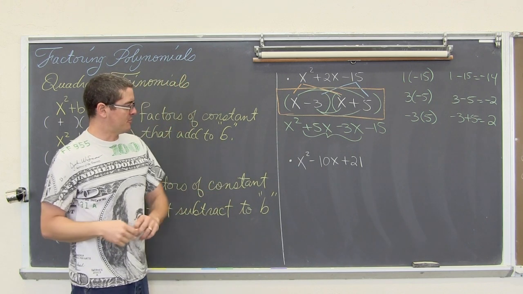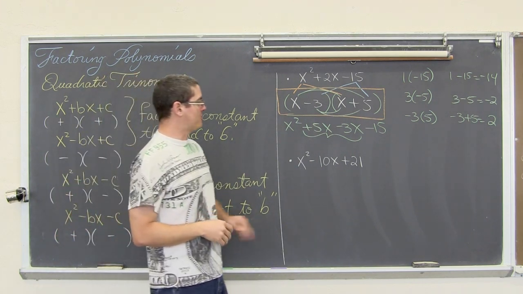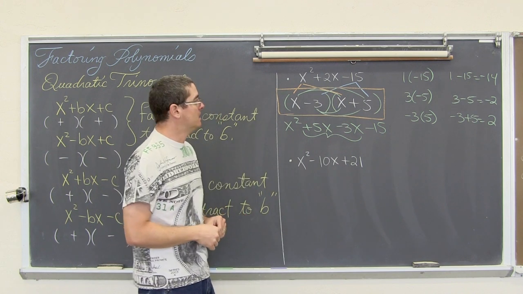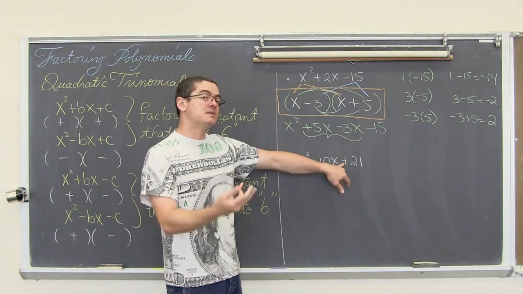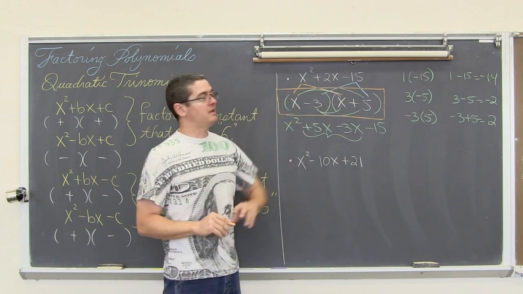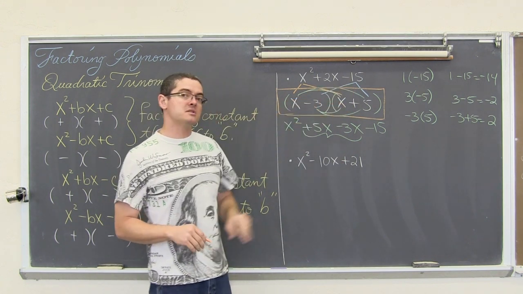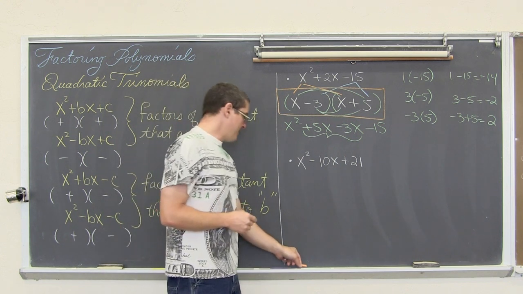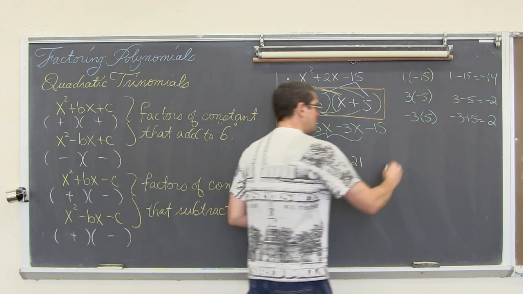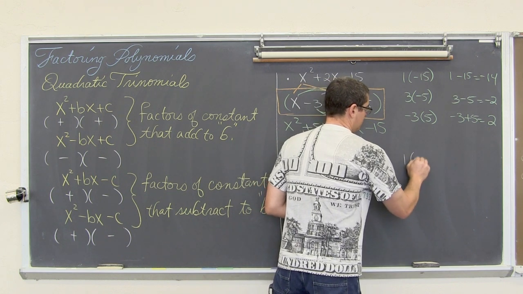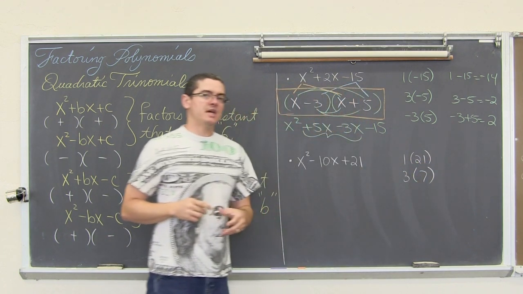Got lots of lines all over the place now. x squared minus 10x plus 21, another very straightforward problem. The last term is just a constant. It's just that now my constant is positive as opposed to being negative. And do note, by the way, with a negative constant we needed those different signs. Now we're going to find factors of 21. Factors of 21 are 1 and 21, we have 3 and 7, and that's pretty much it.